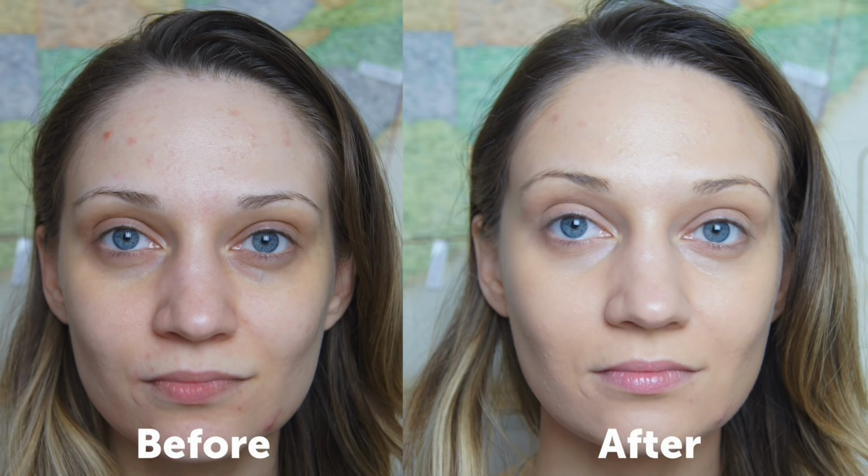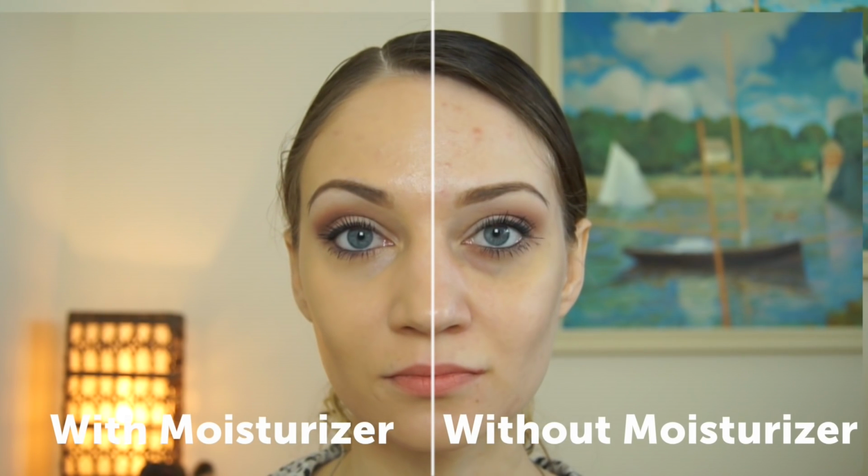As you can see from the side-by-side comparisons of me with and without this moisturizer, you can tell that it does a really good job of evening out my skin tone and also covering up most of my blemishes. However, it did not provide true full coverage for me. While it covered up most of my problem areas, there were some more prominent blemishes that were very much visible